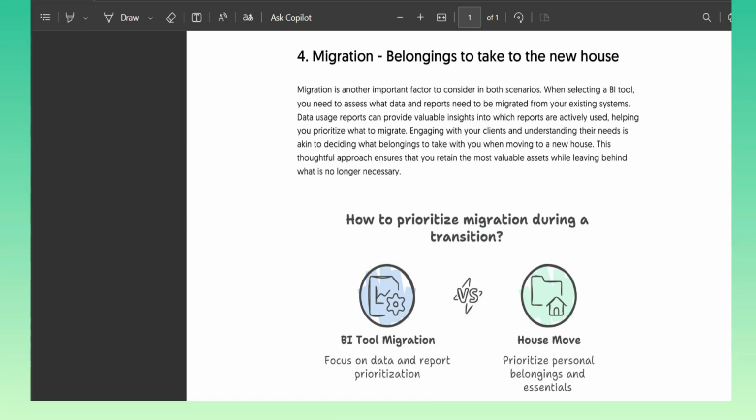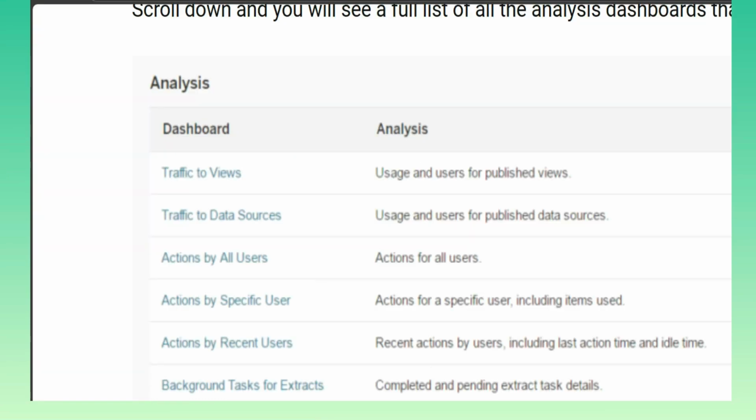Now, here is the last but not the least point, migration: belongings to take to the new house. Sometimes what happens is that you have the Excel sheet from the client and you see hundreds of reports over there. You don't ask anyone and you are doing hard work to convert all those reports from say A tool to a B tool, but you need to ask your client. You need to prioritize. So there are some admin level views. So whether you are a developer or say Tableau creator or even say Power BI Pro license user, you have some access which will help you to understand that okay, these views are more popular than the other views. So that helps you to